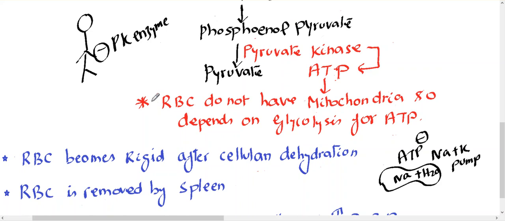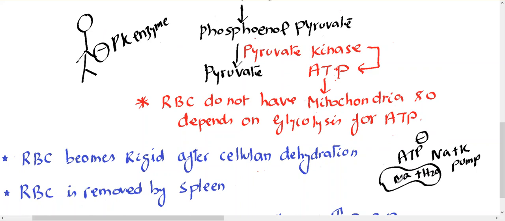So what happens if, let's say this is a person, guys, who does not have the pyruvate kinase enzyme? What will happen? He will not generate ATP, right? This ATP is not generated, and in the RBC in his body, what happens? Let's say this is the RBC, and the RBC has a sodium potassium pump, and that pump depends on ATP. So when pyruvate kinase is not there, ATP is not generated, and